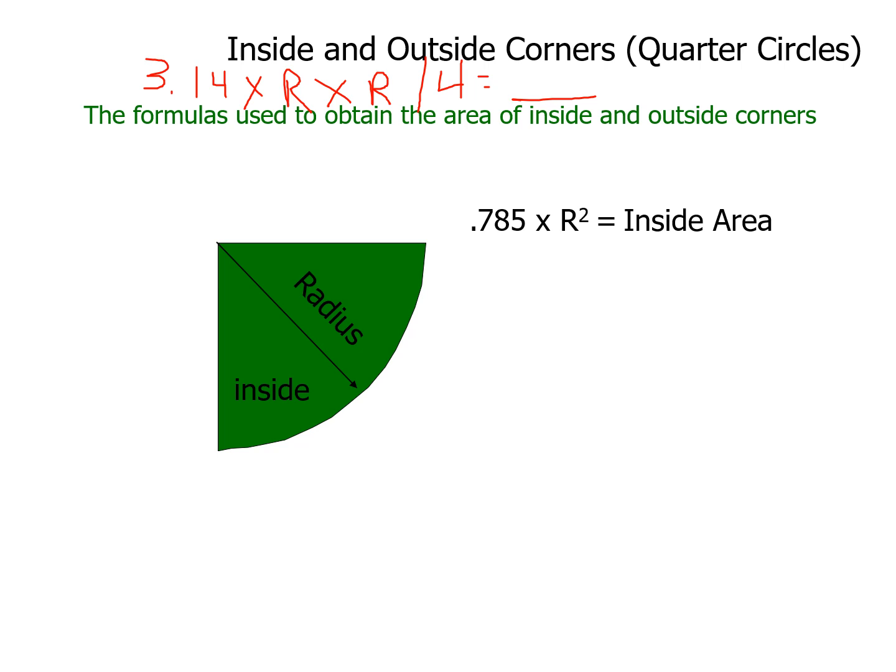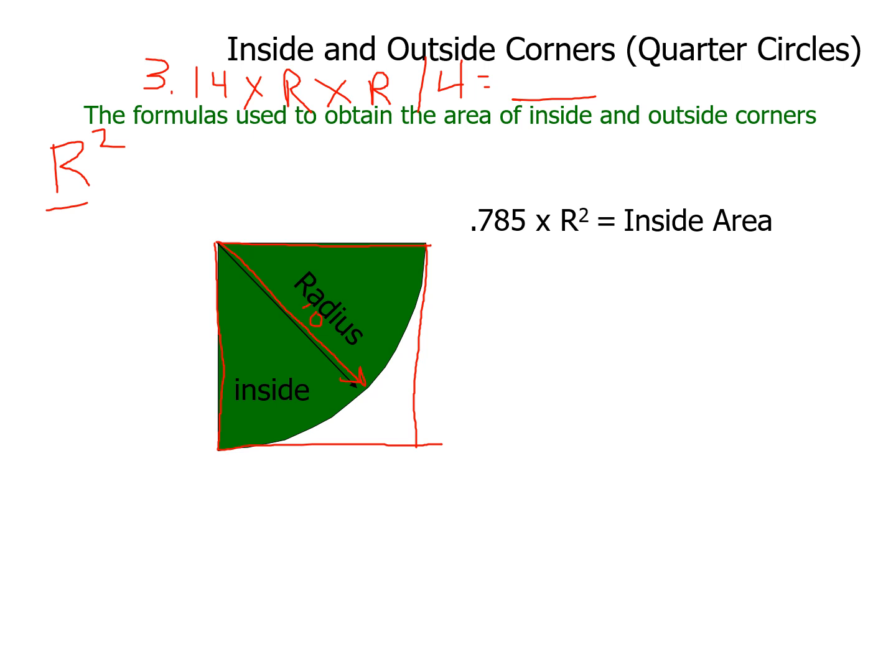Well, this part of the formula, let's think about it. Most people never even talked about it or took 2 seconds to even think about it. But radius squared, that's taking a number and multiplying a number by itself. In other words, if this is the radius from here to here, that's 10 foot. Well, if the radius is 10, I'm going to go 10 by 10. Well, that's 10 foot by 10 foot. That's giving me, think about it, the area of a square. Every single time, any number times itself is the area of a square. That's all this is doing, is giving me the area of a square.